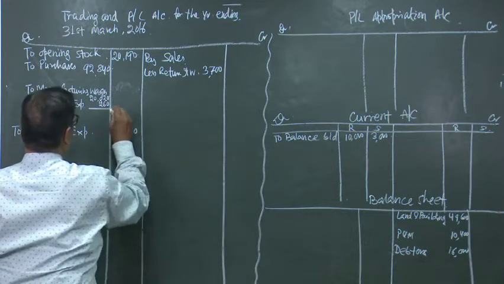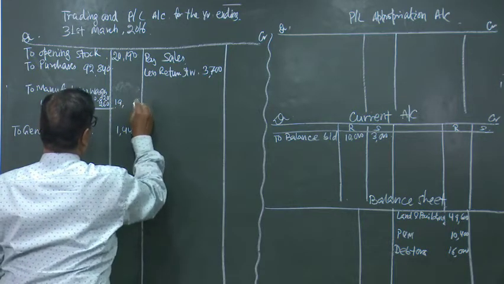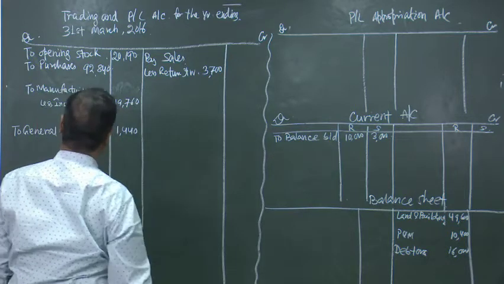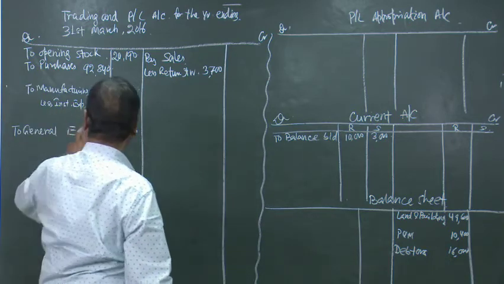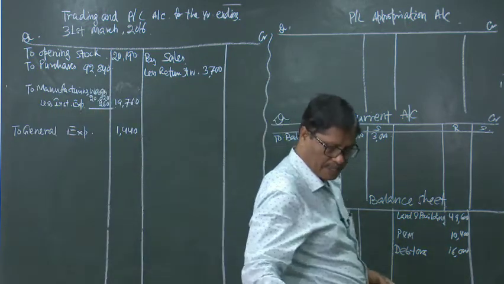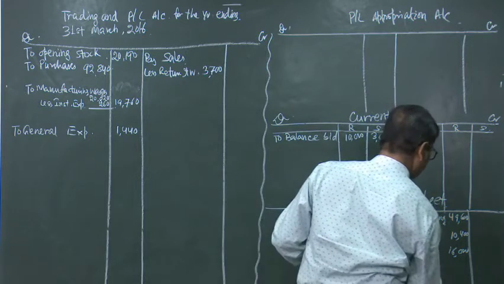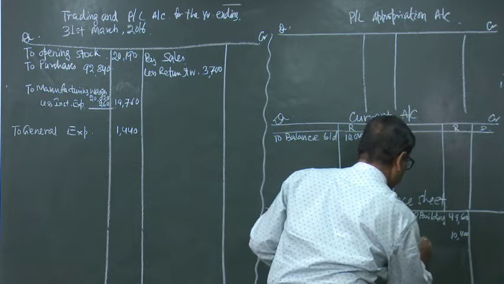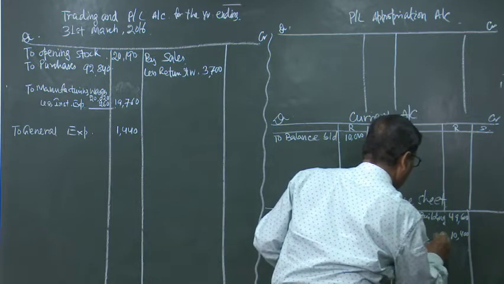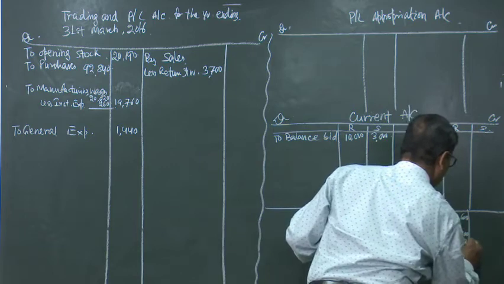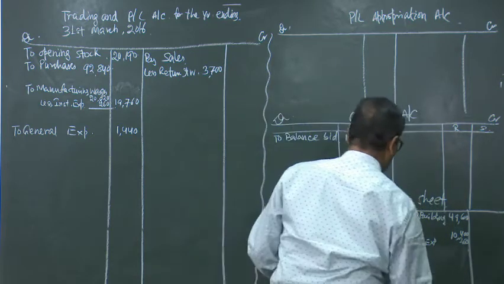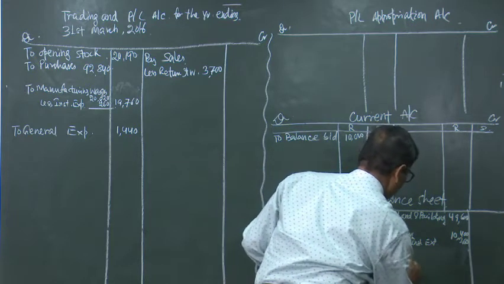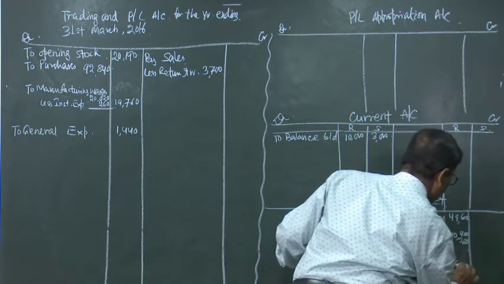So, that will be coming to 19,760, and these expenses will be added to the plant and machinery. Add installation expenses 260, and then we can have depreciation and then your debtors 16,000.